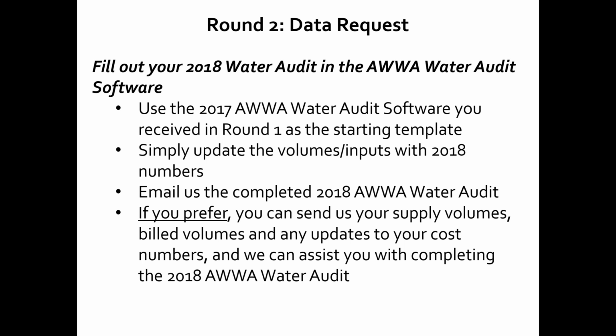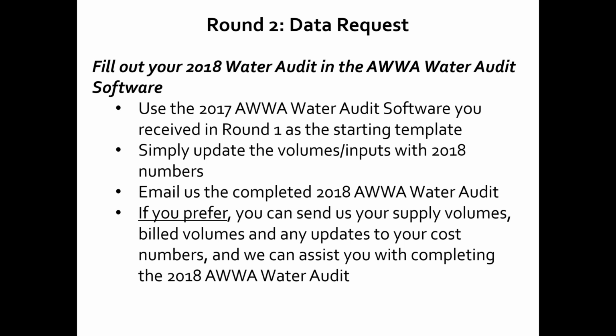Just a quick touch on the types of data we're going to be asking for in this round. First thing we're going to ask for is the water audit that we worked with you most recently, I believe was for the calendar year 2017. We always encourage you to turn around and try to repopulate the next audit as soon as possible so that you can put to work these things that you've recently learned. And really, most of the hard work is done.